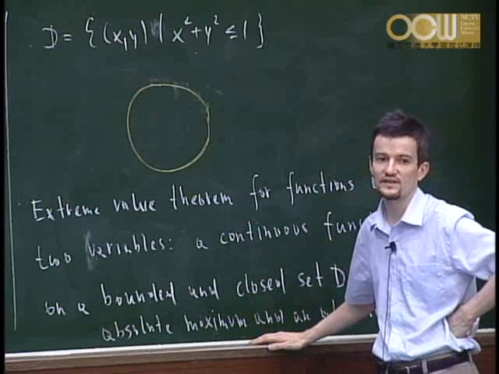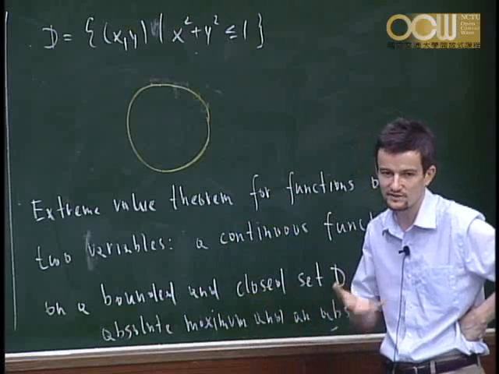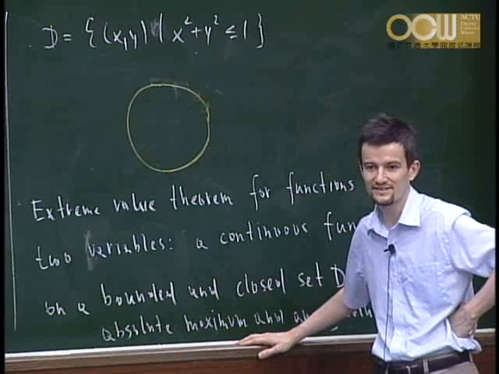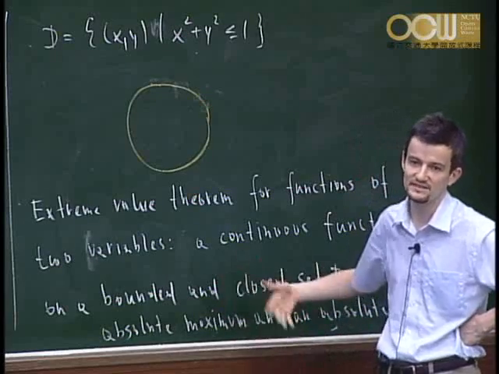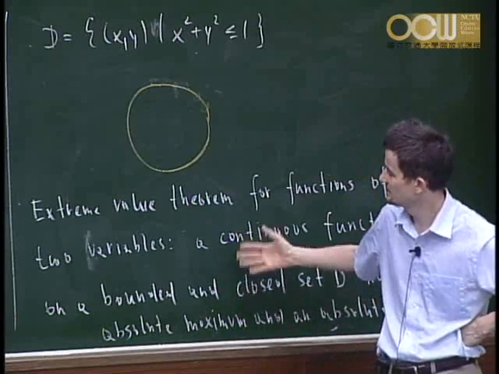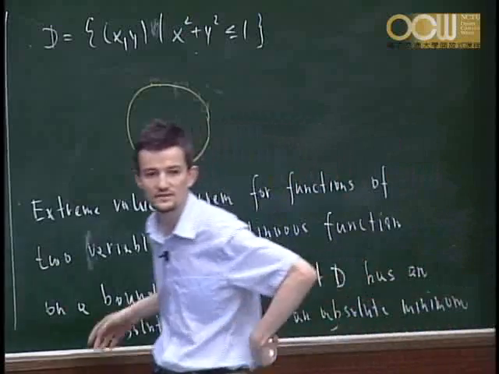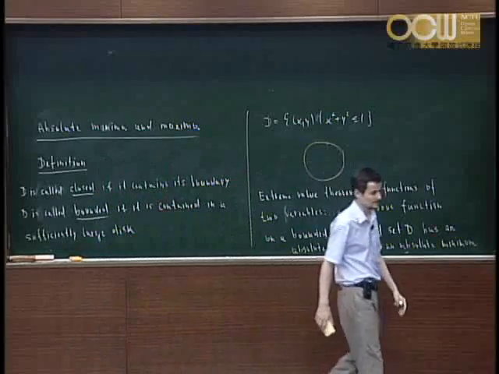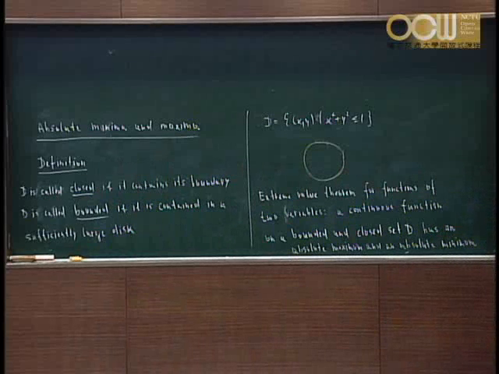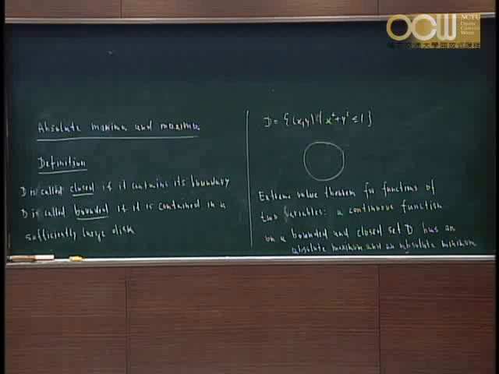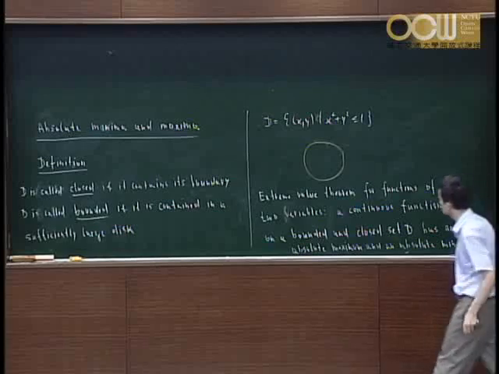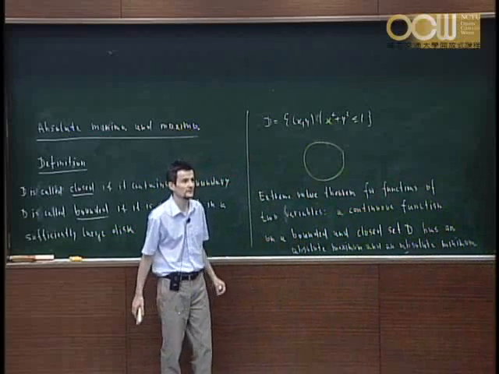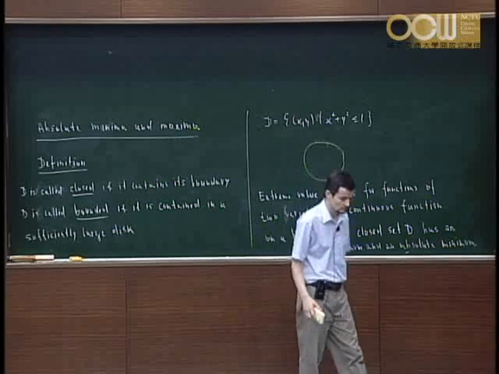Of course, if you hear this result, everyone will believe it's true, but the only problem in proving such a result is how to write down an argument which is convincing, more than just saying, okay, I believe it. Surprisingly it's not so easy, because the result looks very easy and it's easy to guess that it is true. But for us, the important thing is we can use the extreme value theorem for functions of two variables in order to find